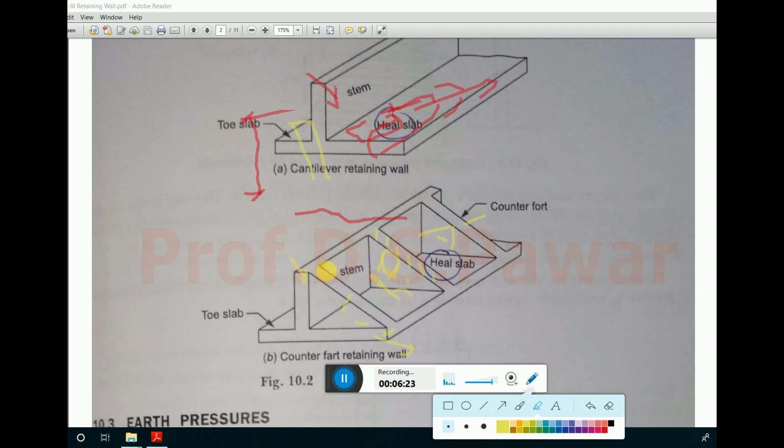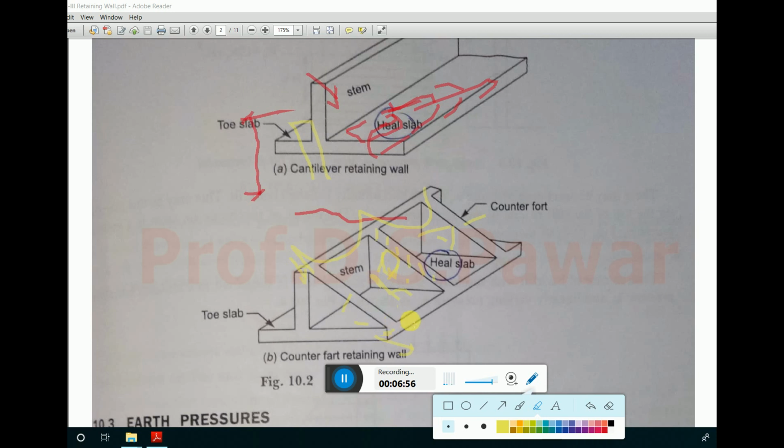and due to that, the action here is not cantilever now, the moment is not cantilever now, because this stem has two supports. That's why now this stem is going to act as a continuous slab. The moment will be like a continuous slab, and you are going to consider a maximum of WL square by 12 compared to WL square by 2. WL square by 12 moment is less, and that's why the thickness of the stem as well as the reinforcement required for the stem is less due to the provision of this counterfort.